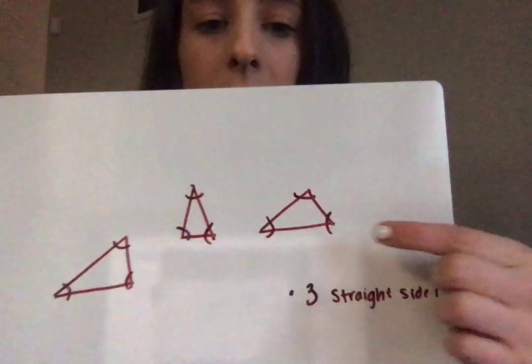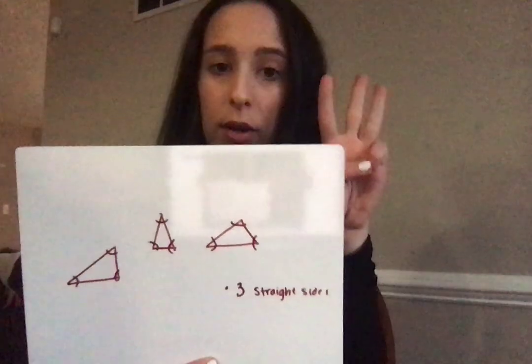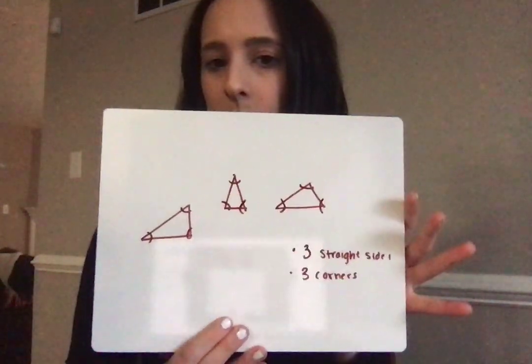They also have what we call corners. So I put these little lines to show you those corners. They all have 3 corners. So this is my first group. And I'm going to have a poster for my next lesson to remind you about what we talk about in this one. So that's my first group. It had 3 straight sides and 3 corners. My next group